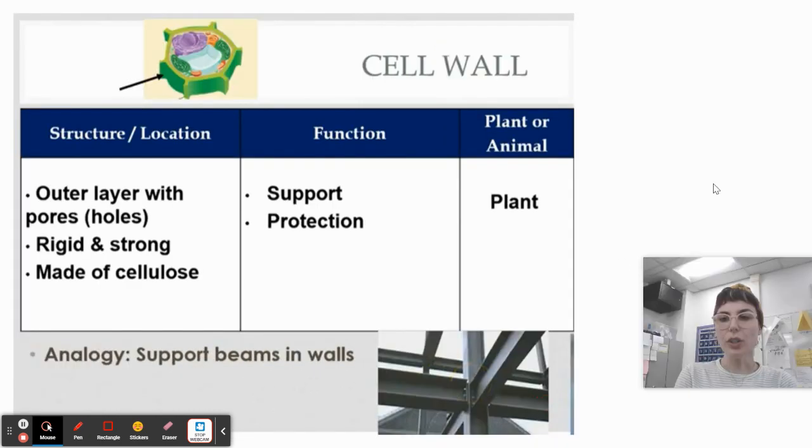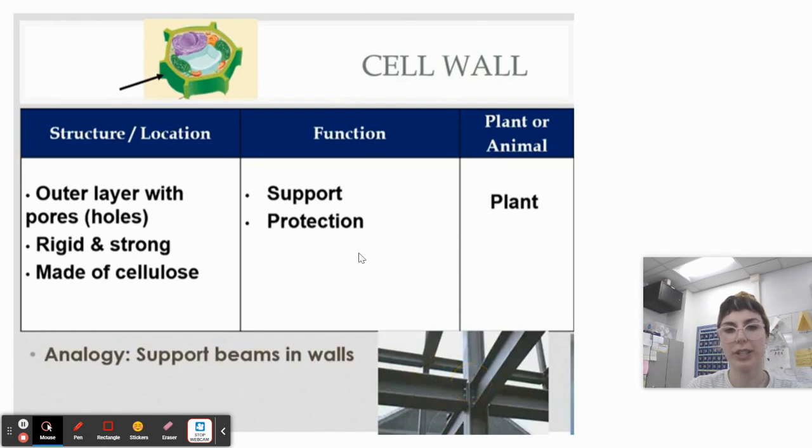Okay, so now let's talk about the cell wall. In terms of its structure, it is the rigid, strong exterior wall outside of a plant cell. It's made of a starch called cellulose, and it's a really fibrous material. It has little holes called pores, and that's to allow water to come in and out of a plant cell. In terms of what it does, it provides support, like a rigid structure, for a plant cell,